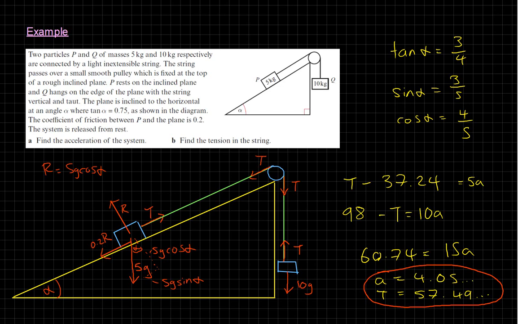And the only extra little bit we had to do was to say, well, this reaction force must be the same as this component of the weight here, 5g cos alpha. And that was able to get us to eliminate the r. Cool. Okay, so before we look at the next example,